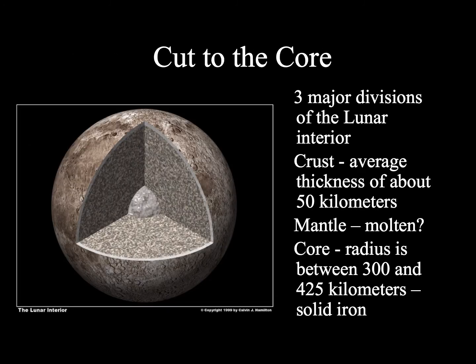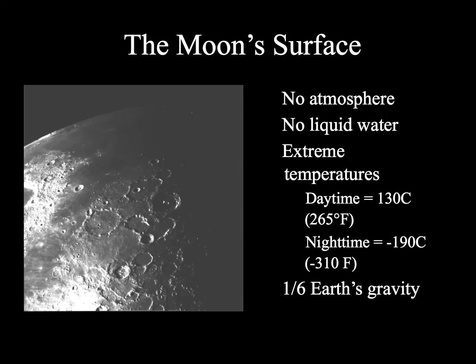The moon is a differentiated body with a crust, a mantle, and a small core. We don't know whether any of the moon's interior is still molten. We don't see any active geologic features on the moon, but we have measured moonquakes. The moon has no atmosphere. There is no liquid water, and there are very extreme temperature differences between the sunlit side and the dark side